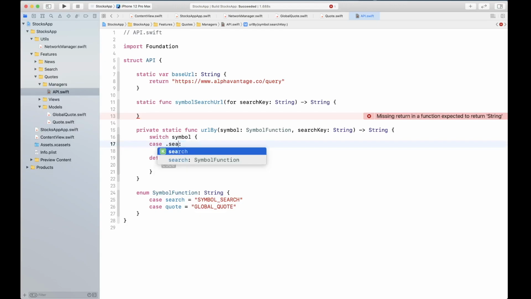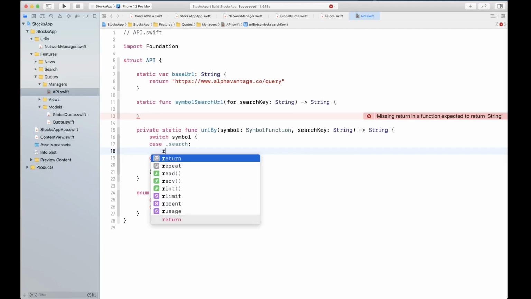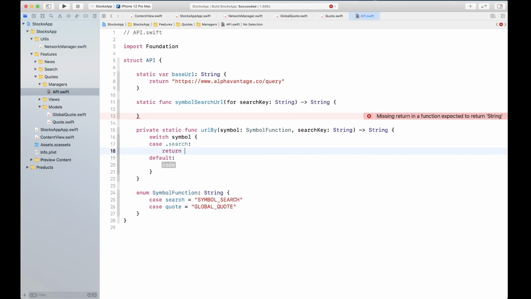and the switch statement is going to be on symbol. So cases are going to be search, and for the search case we're going to return, and this is where we're going to construct our URL. So we're going to basically return a string right here. So first it's going to be base URL, okay, then there's going to be function.